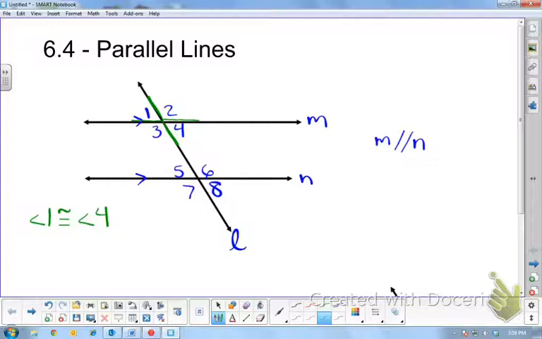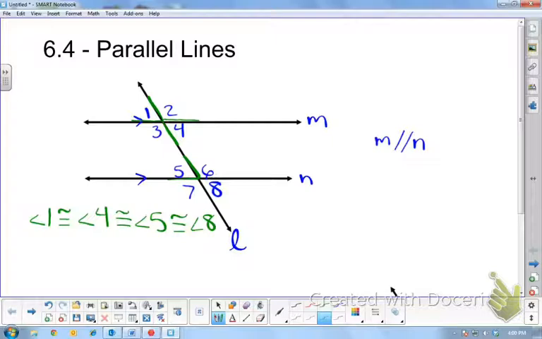We're going to add some relationships. We also know angle 5 is an acute angle. That's also congruent to angle 1 and angle 4. And angle 8 would be our last one. So all 4 of those angles are congruent. Angle 1, 4, 5, and 8, they're all the same angle. And we know angle 1 and angle 4 are